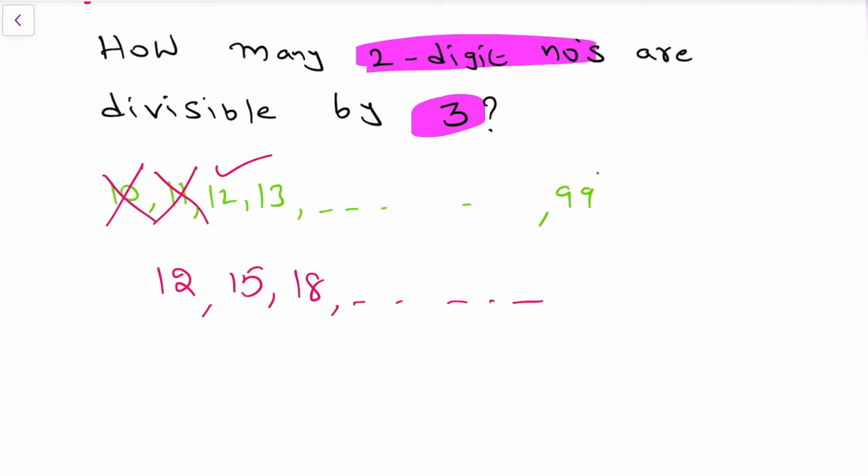Here last 2-digit number is 99. Is 99 divisible by 3? Of course, yes. So last number is 99 only. In case 99 is not divisible, we need to check 98, then 97, then 96, like that we need to move from back. Okay, now